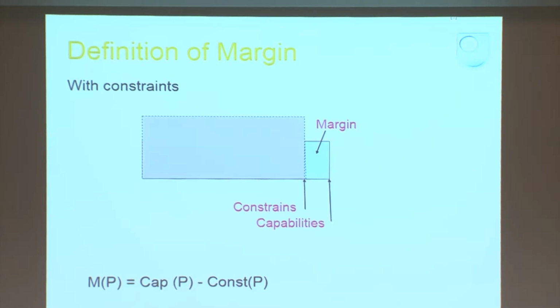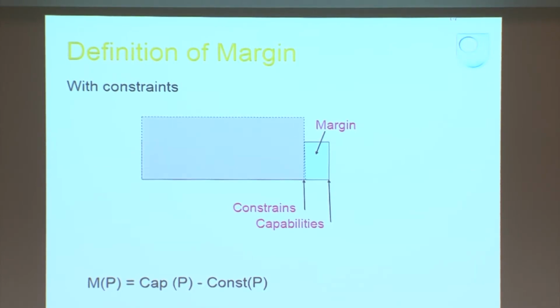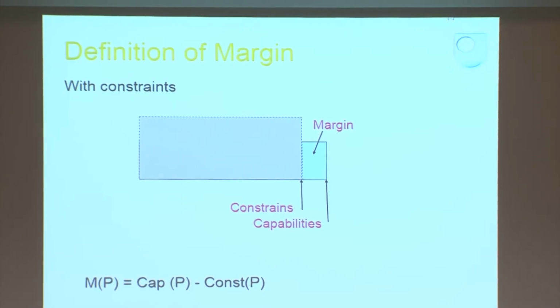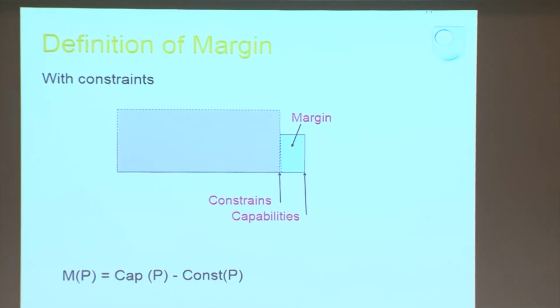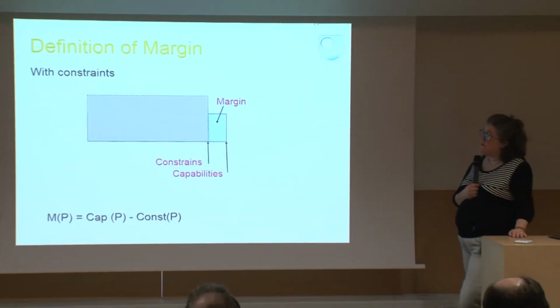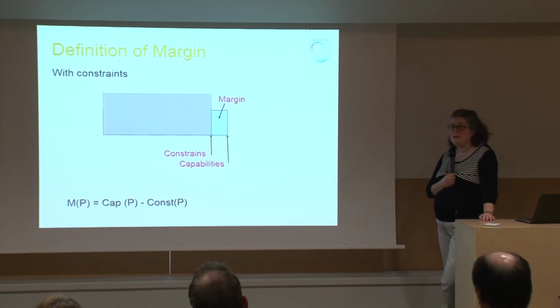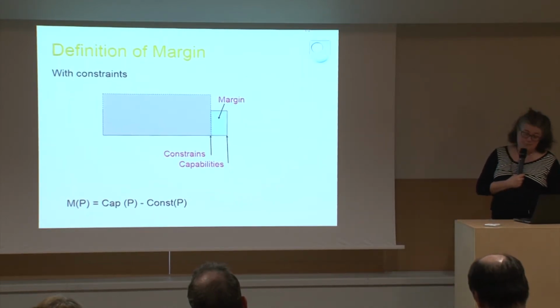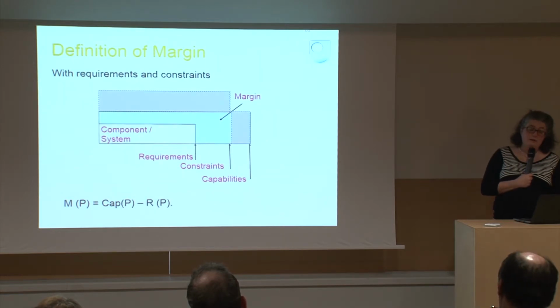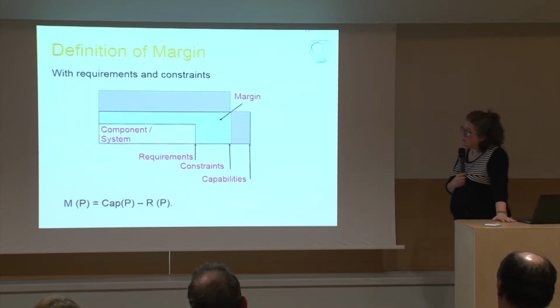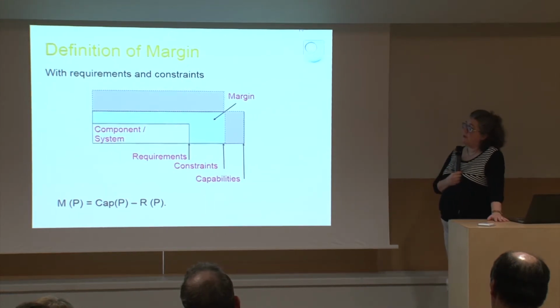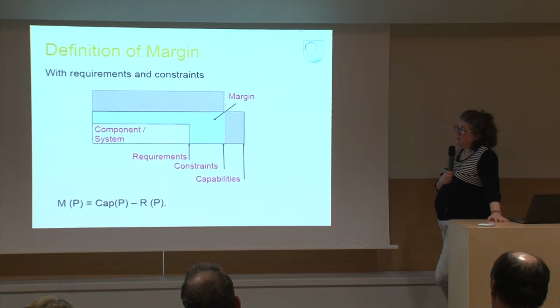Sometimes we have components that don't have any explicit requirements placed on them because the requirements are on a very different level, but they are subject to constraints, at which point you would think of the margins as the difference between the capability and the constraints that it needs to meet. And then, of course, we can put those things together. Most things have both constraints that they need to meet, but also requirements that they have. So in that case,